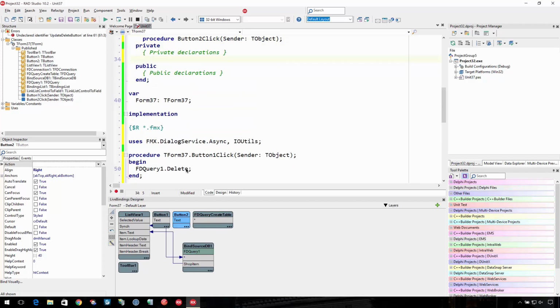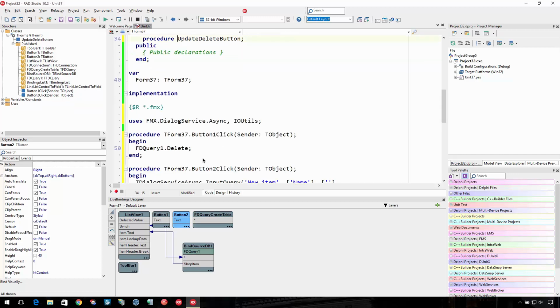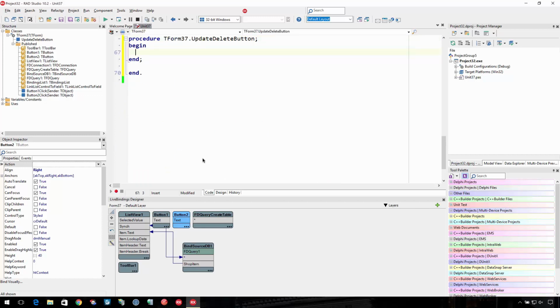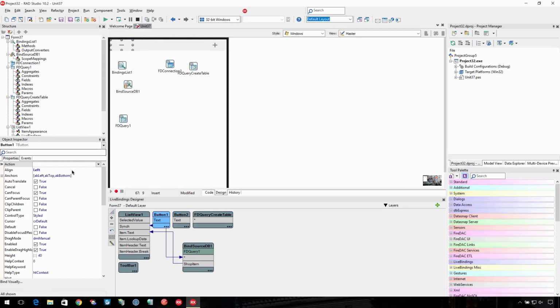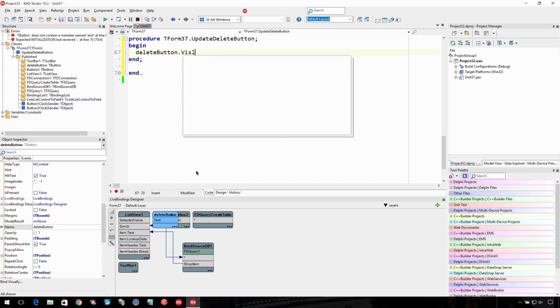Go over here and make it private. Control Shift Up to jump up, and Control Shift C to do class completion. Control Shift Down to jump back down again. And now we're going to say, oh, I didn't name my buttons. Generally, as a rule of thumb, I name things as soon as I reference them in code. DeleteButton.Visible